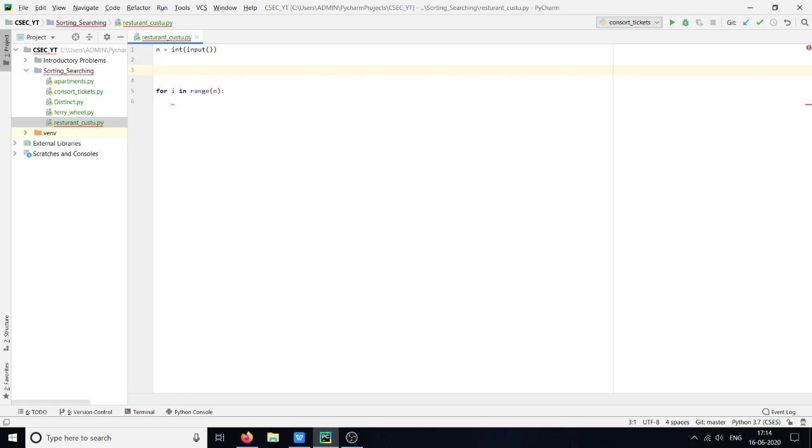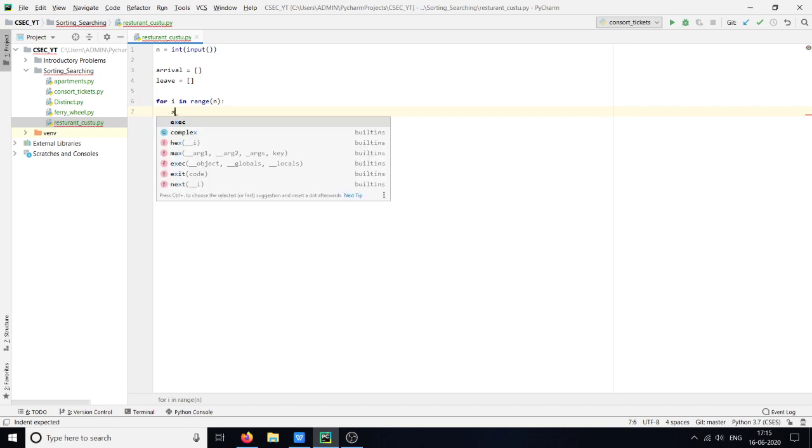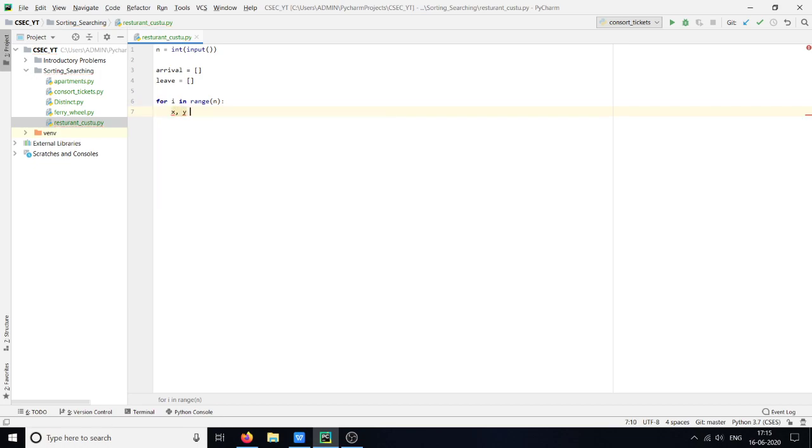For input we will use arrival, which will be a list with arrival times, and leave will be a list with leaving times, and the input will be input dot split.